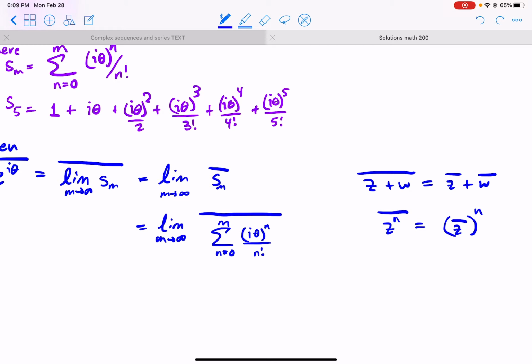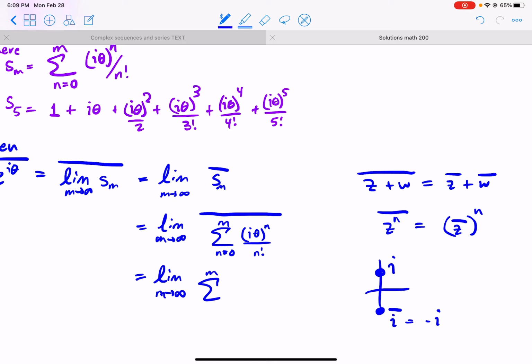But what does this give us? It means that we can take this bar and it's going to go inside and hit the i. Theta is a real number. n is a real number. n factorial is a real number. So what we have is that an i becomes i bar, which is just minus i. Okay. And so what we have here is that this is now a limit as m goes to infinity of